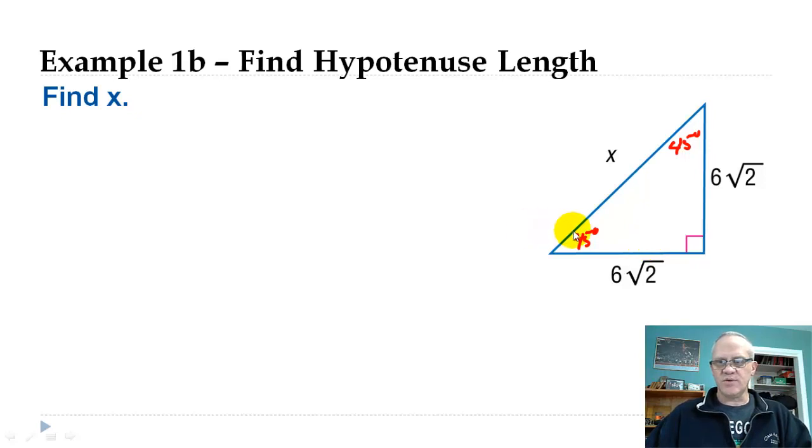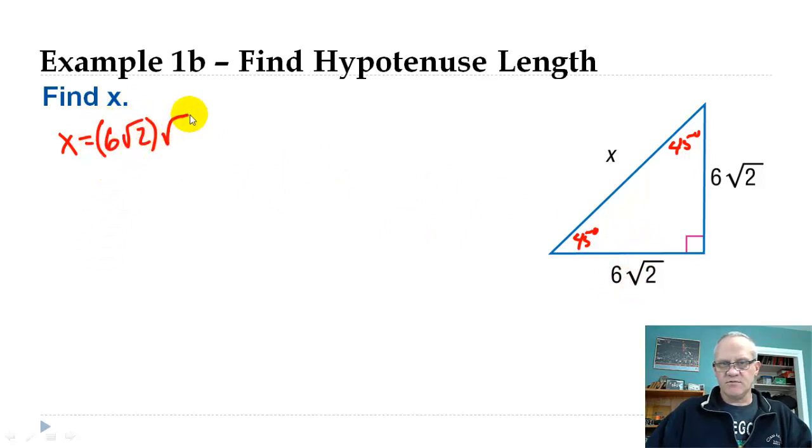All right, so remember our pattern. To find the hypotenuse here, which is x, we just take one of these lengths of the leg and multiply it times the square root of 2, right? So in other words, x would have to equal the leg, which is 6 square root of 2, and we'll have to multiply that by the square root of 2. So this was our leg length here, leg times square root of 2. All right, so when we multiply this together,